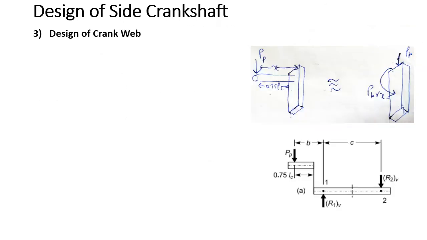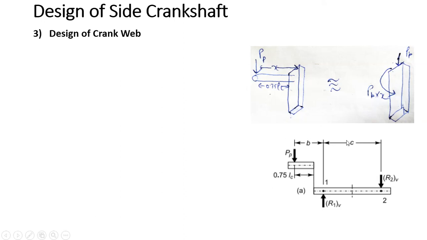Now second last is the crank web. Again same thing, we have already done this in the last case also, but in this case we only have one web. So we can say the force is acting on one side. Again eccentric loading is there, you just shift this force to this point, then it will be PP here. But in addition to this PP, we also have a moment, as I said earlier. Whenever you shift the forces, the force will shift, but in addition to it a couple will also be there, that is PP into X, and we all know that basically X is equal to 0.75 LC. So this is equal to PP into 0.75 LC, and this is how you will calculate it.